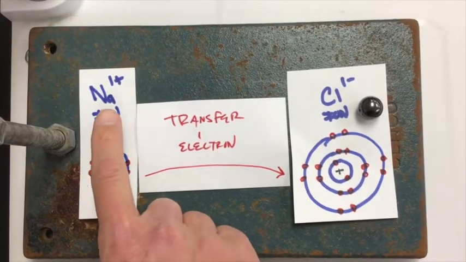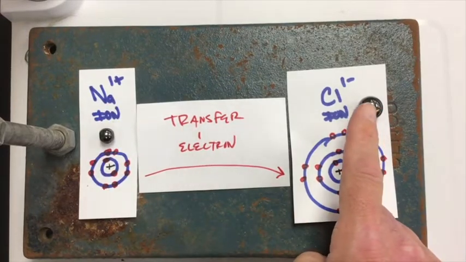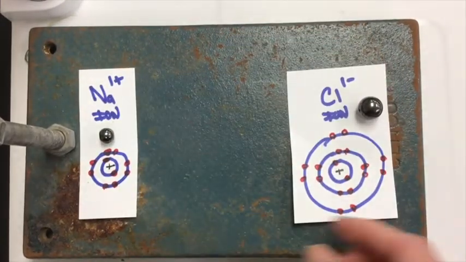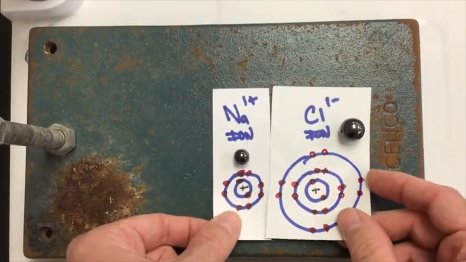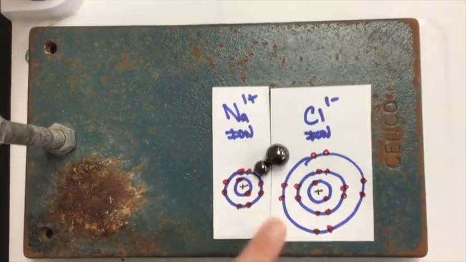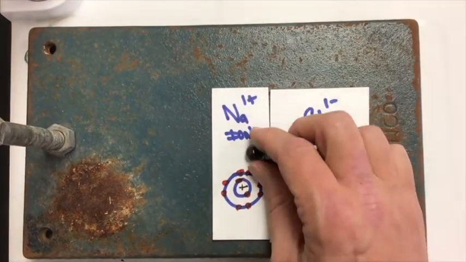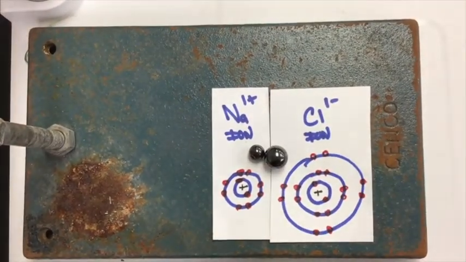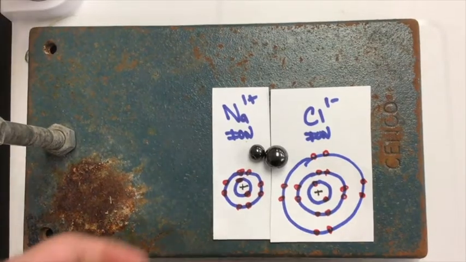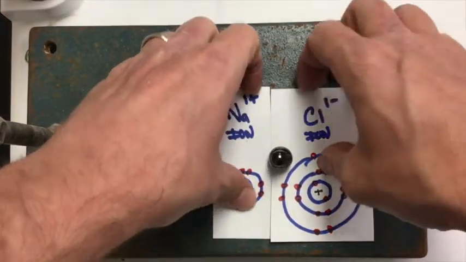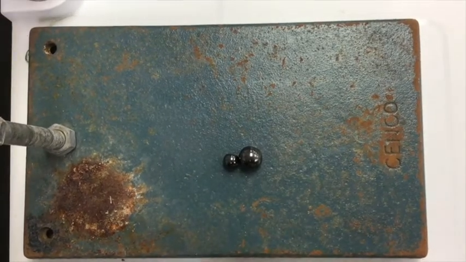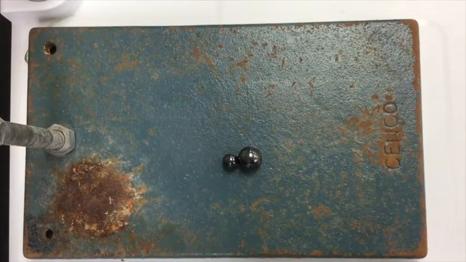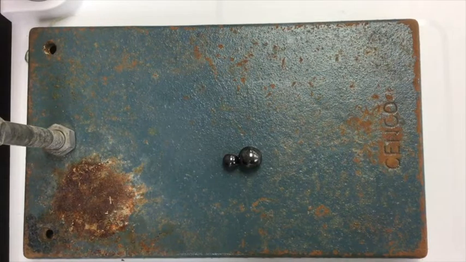And now this guy is positive and this guy is negative. And what happens when positives and negatives get close to each other? Well, positives and negatives, when they get close to each other, they now attract each other. But again, there's usually not just one sodium and one chloride, there's spagillions of them. And so consequently, when spagillions of them get together, they now can arrange themselves in such a way that they